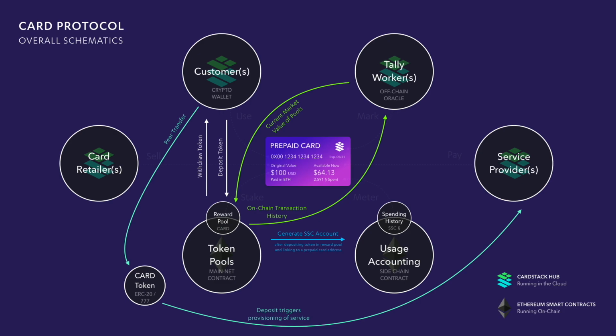So once you know what the network is worth, we can start measuring things and sending things out to users and telling them about how much they have and what they spend in a grokkable denomination, such as USD. So when you deposit a token in a reward pool, we generate this idea of a prepaid card, which is backed by something called an SSC account, a spend supply coupon account, which is how much money you have spent and how much you can spend after that. That's the creation of a ledger in a usage accounting, which would then track your spending history. So you haven't spent anything yet. Imagine in the old days, it would be a punch card.